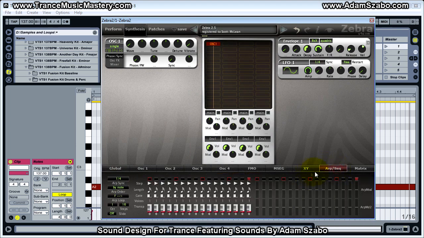So let me go to the Arpeggiator window and let me just play the note. All right, and the way this works is right now the arp sync is set to 1/4, and that means each step, each vertical column that you see over here represents one step. It's called a step if you're not familiar with step sequencers. Each one of these steps represents a duration of time that corresponds to this arp sync. So in this case, each step represents 1/4 note. If I changed it to 1/8, now each step represents 1/8 notes. And so if I play it,